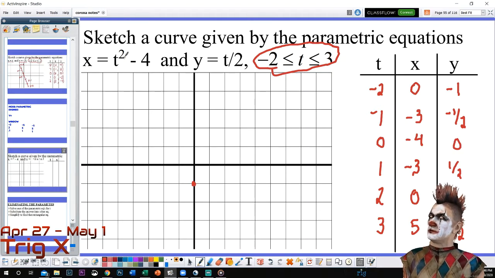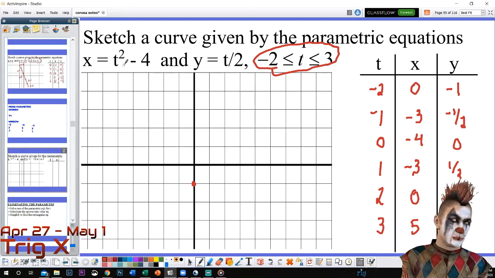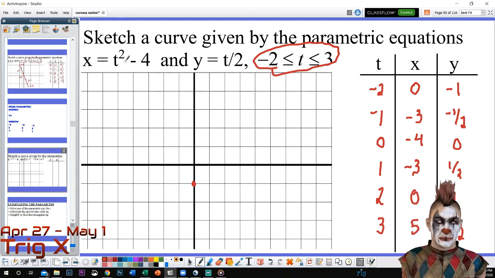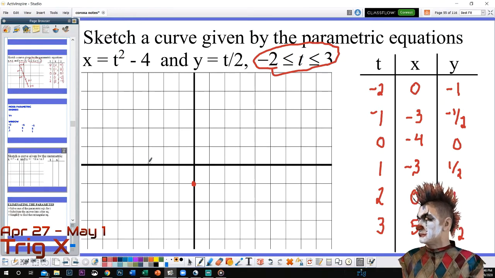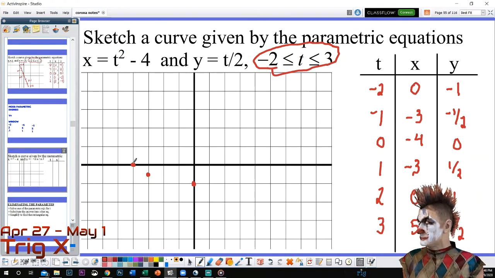Now notice, since this was t squared, we're going to have a curvy line, so that point 1 is going to be really important for your t step. Now I've got -3, -1/2, so 1, 2, 3, -1/2, -4, 0. Ooh, and it might be a good idea for me to just label these as I'm going. There's -2, there's -1, there's 0, and there's my 1, and 2,